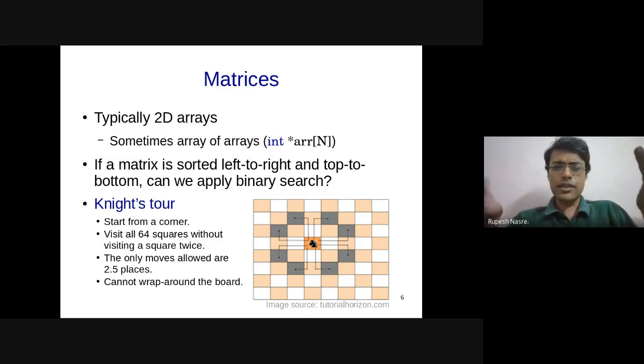For example, even in the game of tic-tac-toe, there is no winning strategy. You can make sure that you don't lose, but you cannot always win. Right? So that is what is interesting about some of these games. Especially board games are very nice about that. And you should start thinking computationally now about the board games that you might be playing at some point in time. Okay. Any questions on this? Otherwise, we'll move to our sorted matrix question.